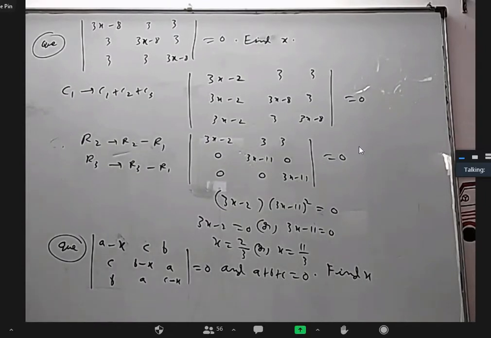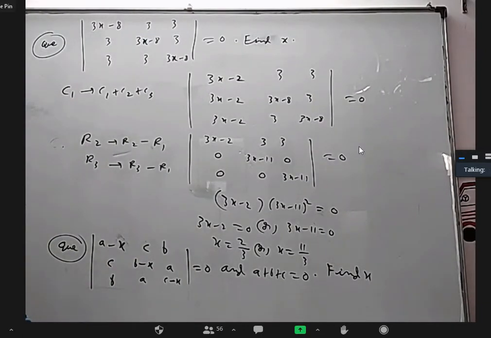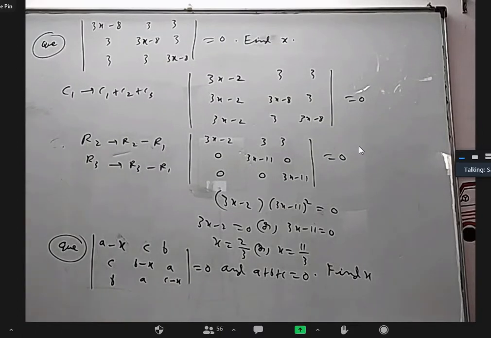Apart from that, some other roots will come, because when you expand this, is it a cubic equation? Yes, sir. So a cubic equation will have 3 roots. One root is 0, so it will have 2 other roots. In fact, it will be some square root of a square plus b square plus c square, something of that sort.